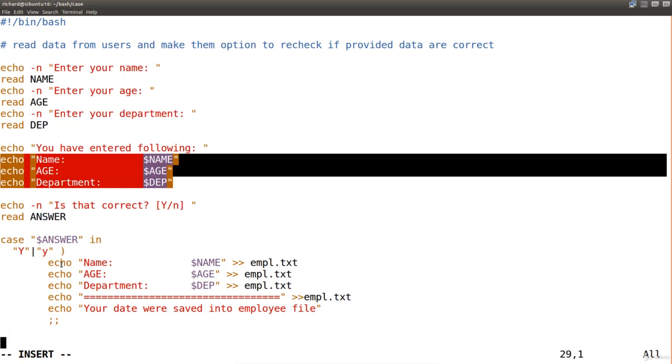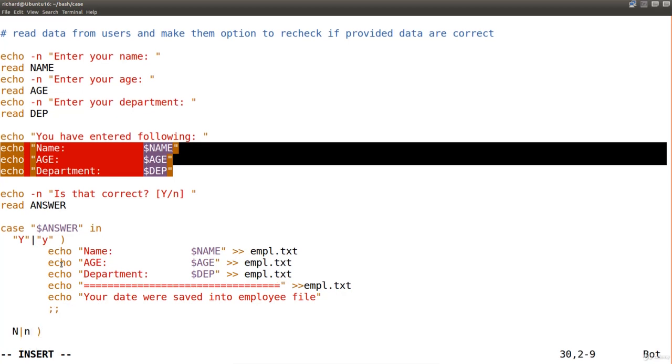Now, what happens if the user has entered uppercase N or lowercase n? Before writing commands, please note that I am not using quotation marks around character N. This is not needed, as it is only one character which cannot be separated by the internal field separator. My advice for a whole bash script is to use quotation marks if you are working with a string which has some space inside. So if the user entered the n character, we will print nothing was saved,